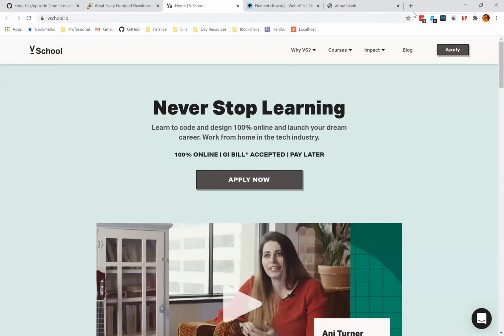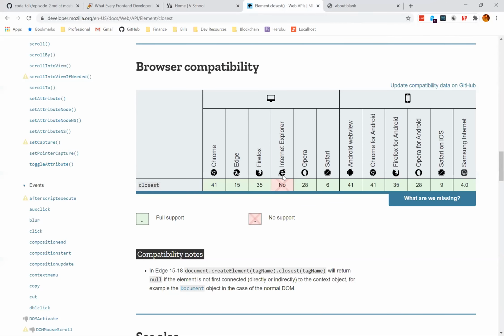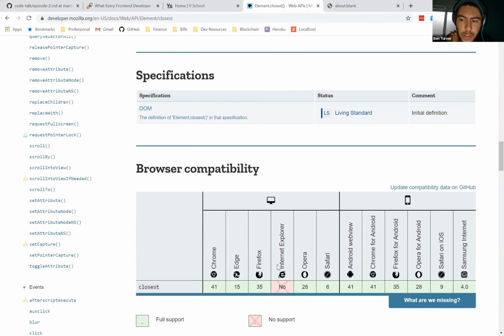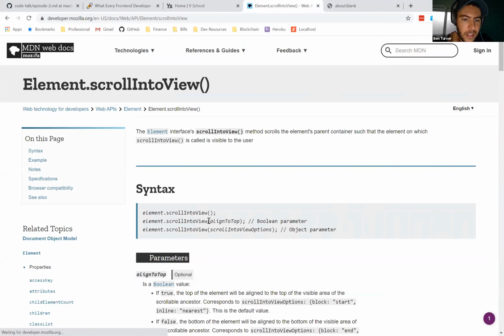Cool. That's interesting. I hadn't considered that. I've seen those compatibility charts on the MDN for all the CSS stuff, but never paid attention to the bottom of the JavaScript function pages. Yep. So anytime you're Googling and looking up DOM functions, it's usually not a bad idea to check down here because there are some really cool newfangled things like scroll into view.